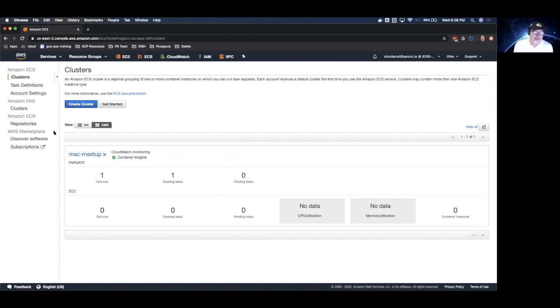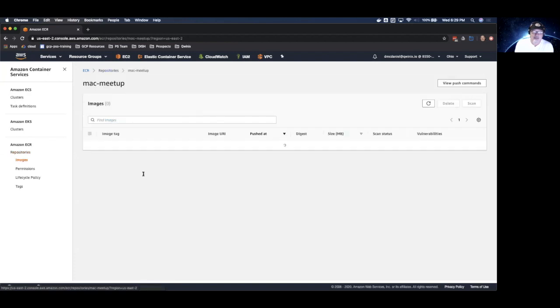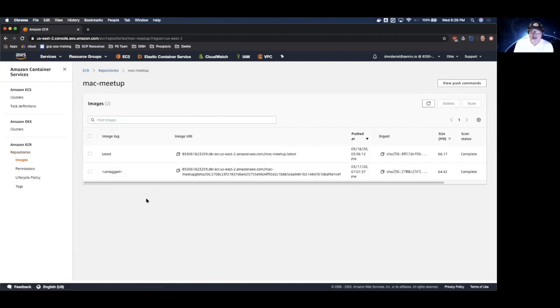ECS is made up of a couple pieces. First, there's the ECR, which is the container repository. So this is like Docker Hub, or there's a number of different container repositories out there, and this is Amazon's. So I've created a repository named Mac Meetup, and I've got a couple images pushed here. You see I pushed the last one at 3:56 today. It's got a size, it's got your digests, and it's got your URI. So I've taken that URI and put it into